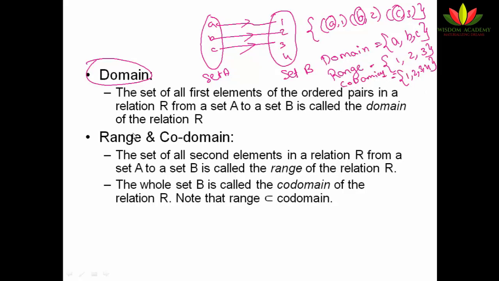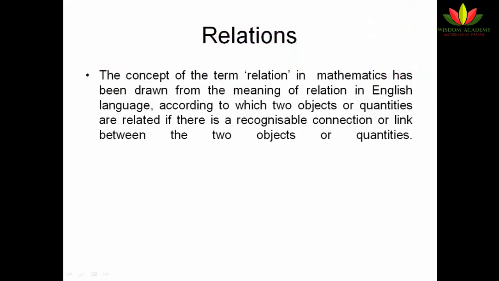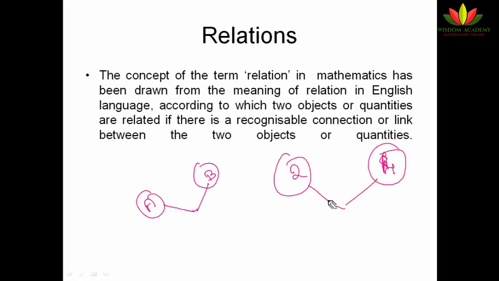Next we are going to see relations. The meaning of relation is the same as in the English language. If I have an element A and B, and there is some unique feature which connects these two, that is known as a relation. I can say A and B both belong to the capital alphabets. Similarly, if I have the numbers 2 and 4, we can relate these two as even numbers, right? Like this, any two objects linked by a unique characteristic is known as a relation.